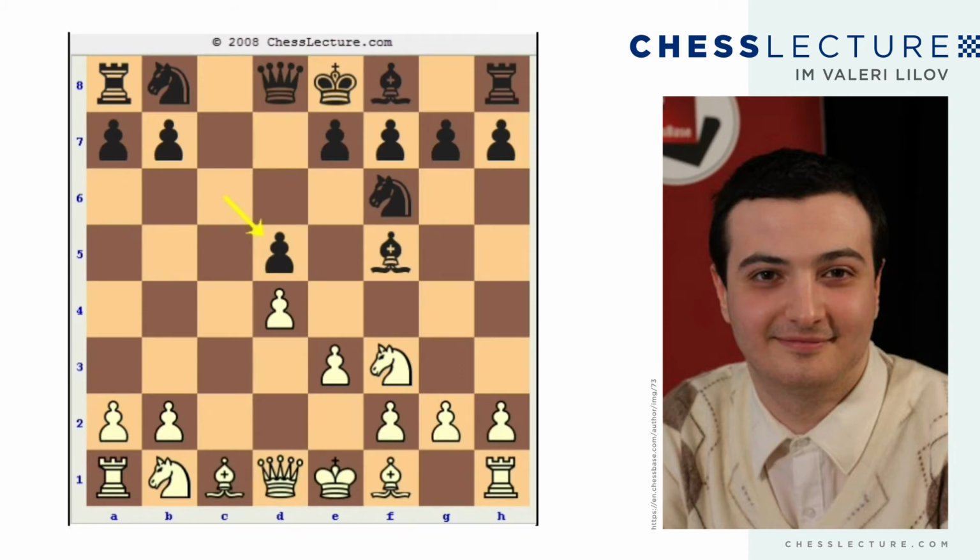So black took on d5, and white continued with the knight to c3, development of the queenside knight. So white's idea probably is now to go with some move like queen b3, simply to develop the kingside bishop on e2 or b5, to castle on the short side, and probably to hope for some kind of opening